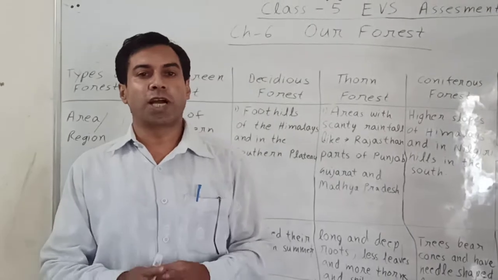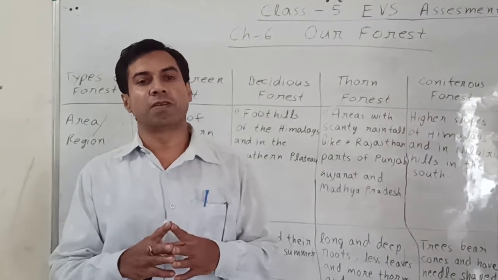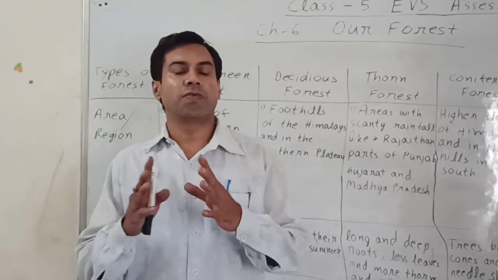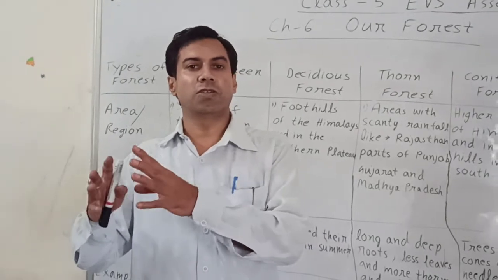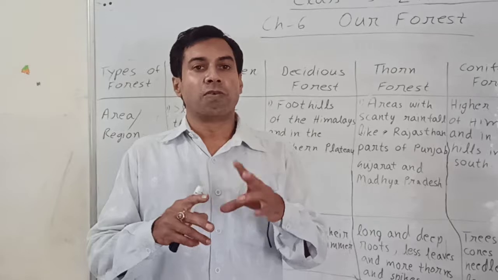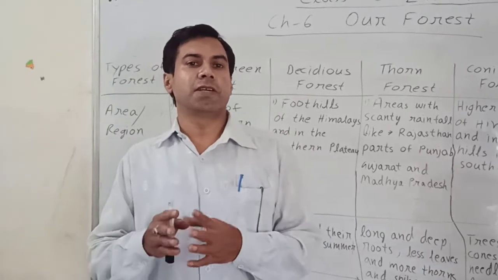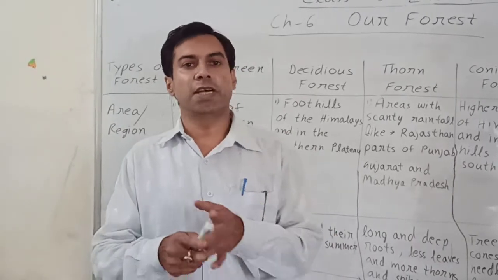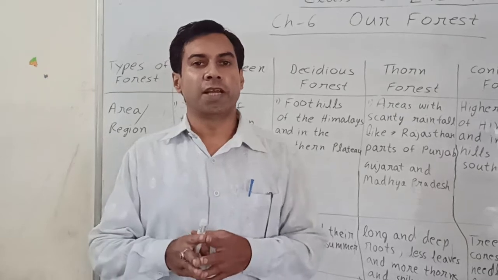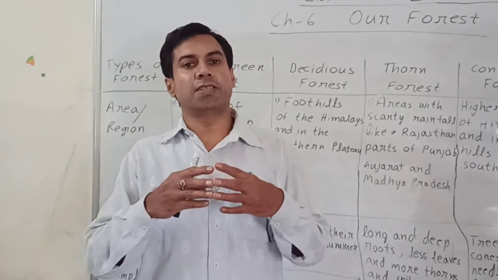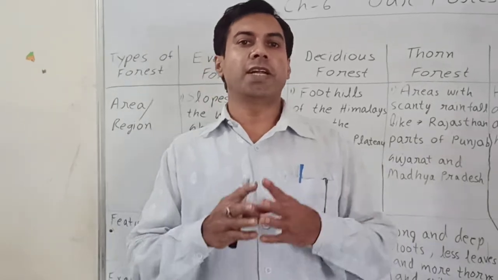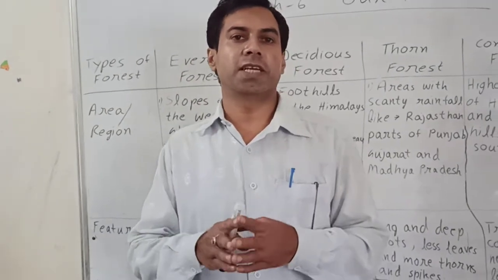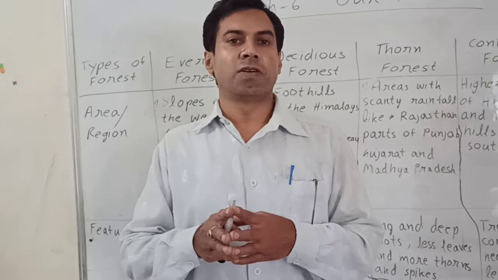Now there are two types of animals. Student, what are the two types of animals? They are categorized according to the danger. One is endangered species, and the other is extinct species. Animals which are now extinct, they are not found now. They are called extinct animals, such as dinosaurs, etc.